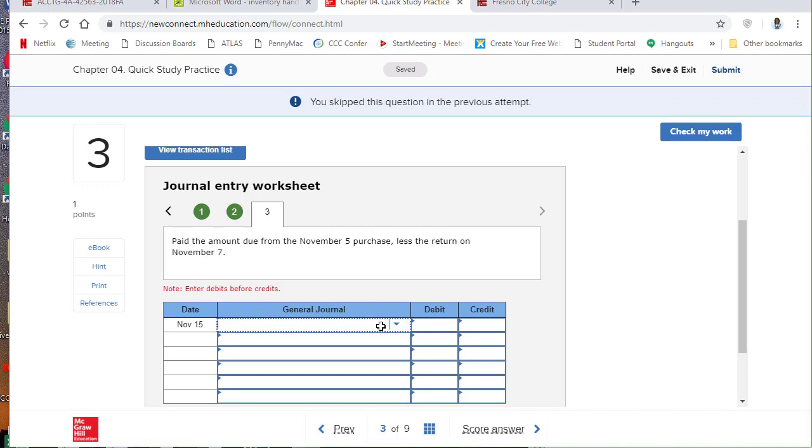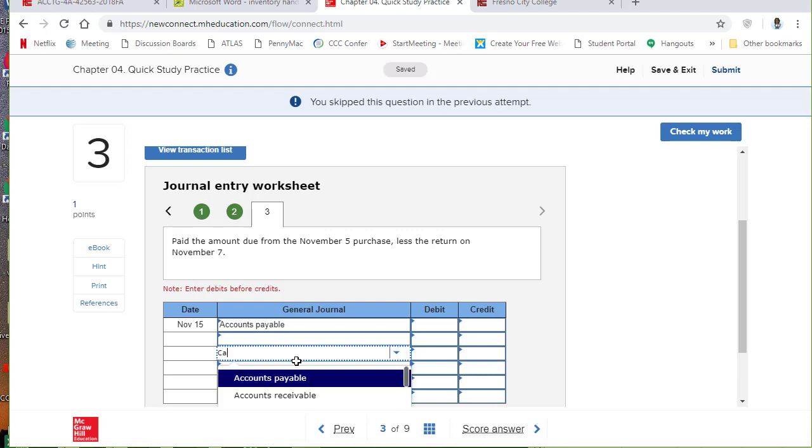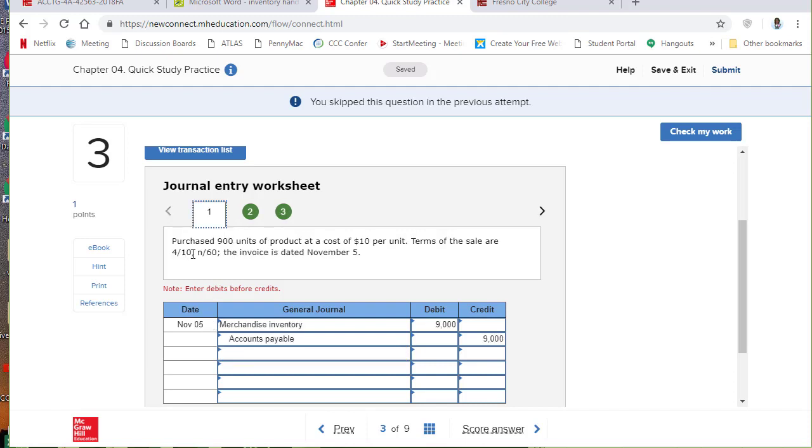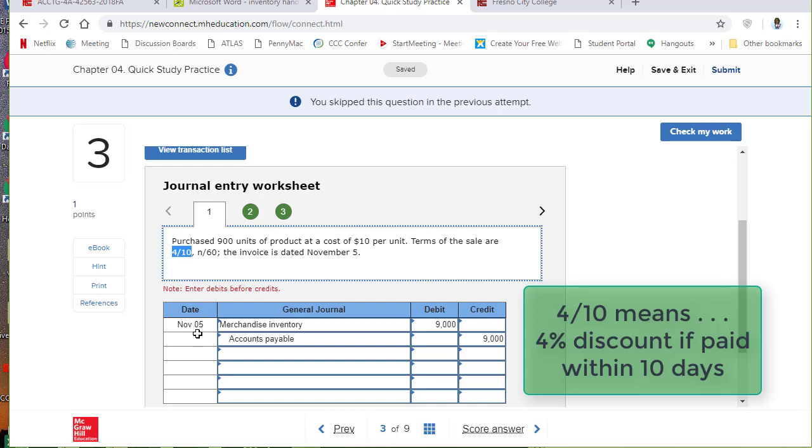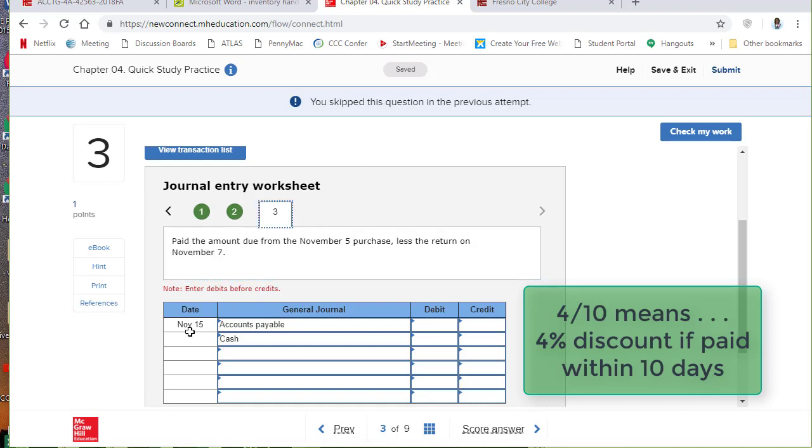So what we're going to do is debit accounts payable for the balance that is owed, and I'm going to skip a line and credit the amount of cash that was paid, and the difference will be the discount that we received for paying it within the 15, or how many days was it? We have 10 days to pay it, so the 4 represents a 4% discount for paying the balance within 10 days of the invoice date. So since it's November 5th, plus 10, the 15th will be the last date. So on November 15th, we'll be able to